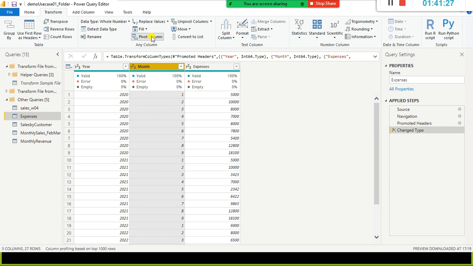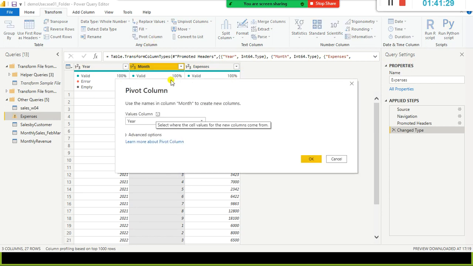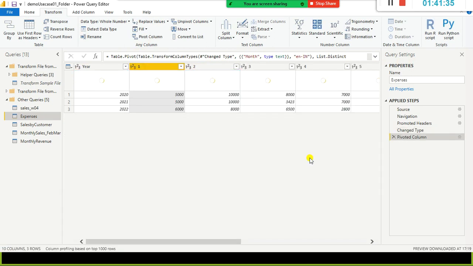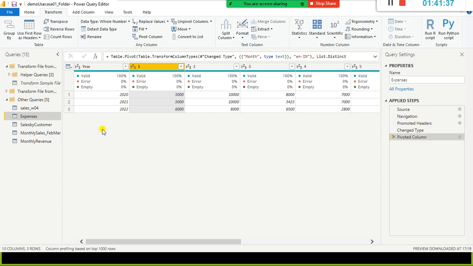In that case, I click on the pivot column, select expenses here, and click on OK. The year remains constant because you did the pivoting on the month column, right? So all the values in your month column got transformed into columns, rows into columns, except year.